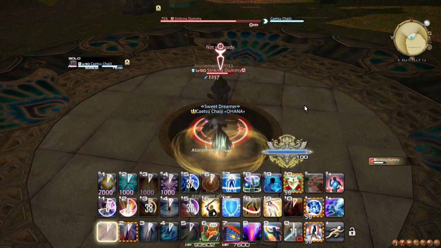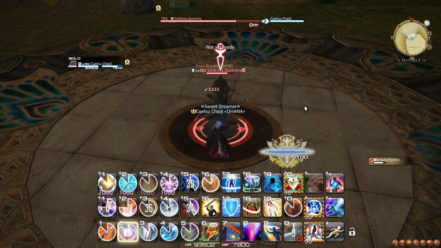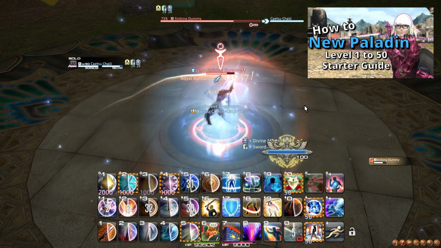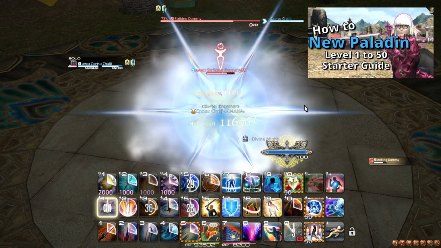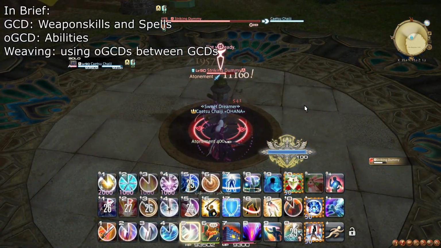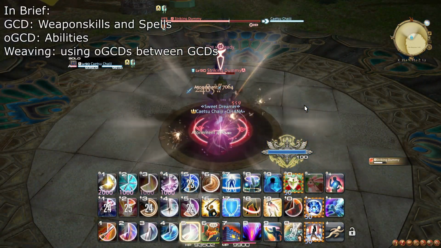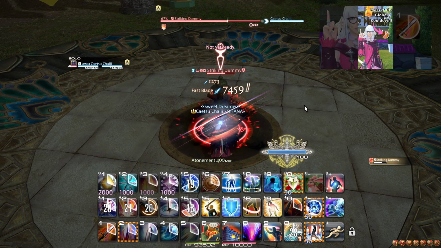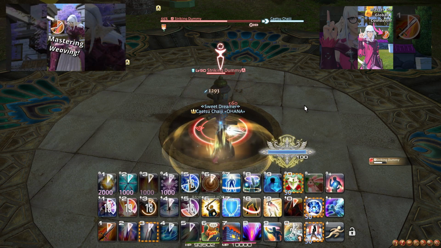I will assume you already know the basics of Paladin from level 1 to 50, and if not, you can view my Paladin starter guide to get caught up. I will also assume you are acquainted with common abbreviations like GCD, oGCD and weaving. And if these abbreviations are unfamiliar to you, I have a short describing GCDs and oGCDs and a short describing